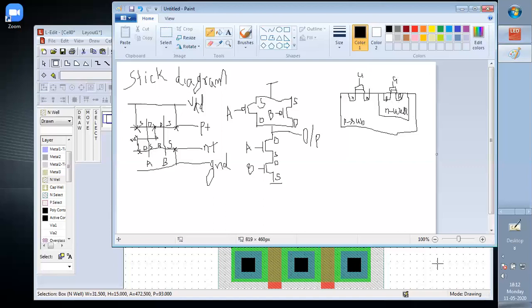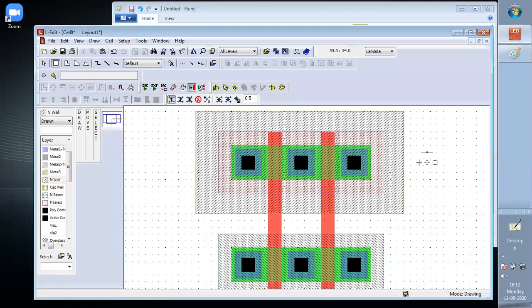In the layout, this white board is a P-type substrate. Inside this P-type substrate, we have created the NMOS directly by doping with N plus. And to create the N-type body for the PMOS, we created this N well. And inside this N well, there will be P plus diffusions. So these are the P plus diffusions we have. For P plus diffusion, there will be a P select. So this is the P select. Is it now fine?